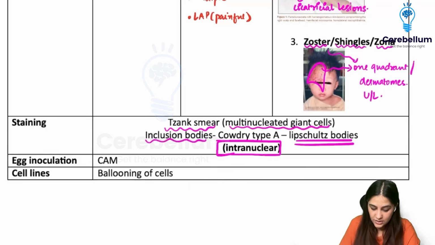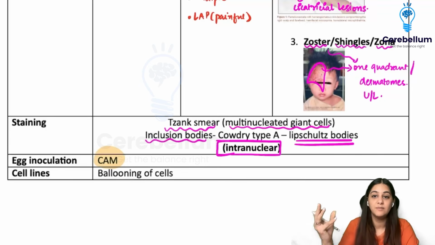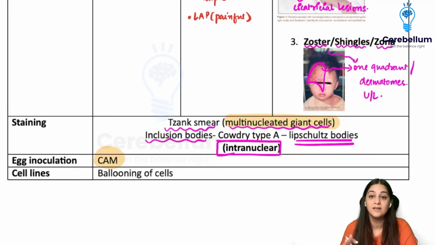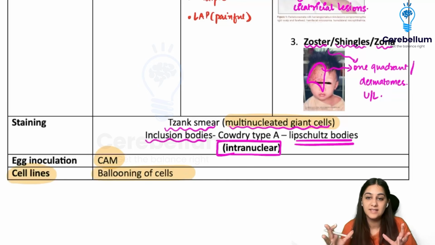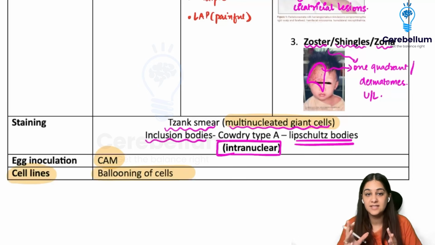Egg inoculation is in your chorioallantoic membrane. Remember, I told you the outermost layer because herpes produces multinucleated giant cells, which I want to see, and they also produce big pox, and I want to see them in the light. So they are in the outermost membrane, which is your chorioallantoic membrane, and they are there along with the pox virus. In the cell lines, they show the ballooning of the cell. Because giant cells, they are multinucleated giant cells, big cells, that is also leading to ballooning of the cell